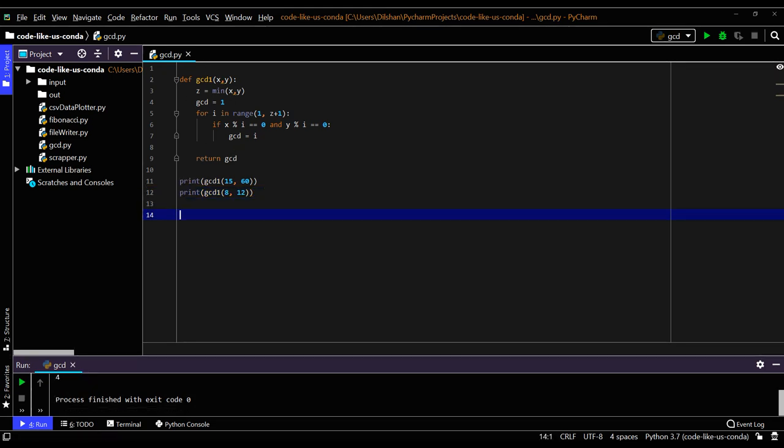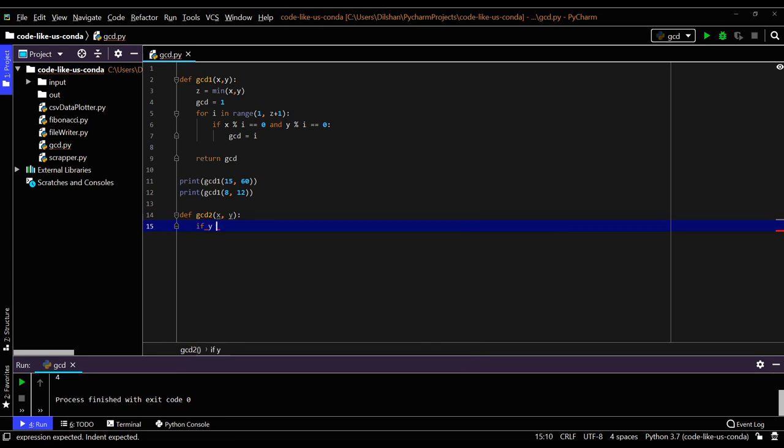As per the second method, I will use a recursive approach. Here I will name my method GCD2. Again x, y are my input parameters. For the recursive method, it is easier to explain after writing the code.